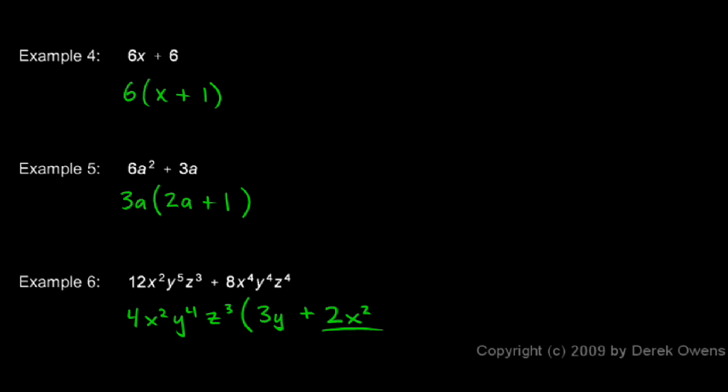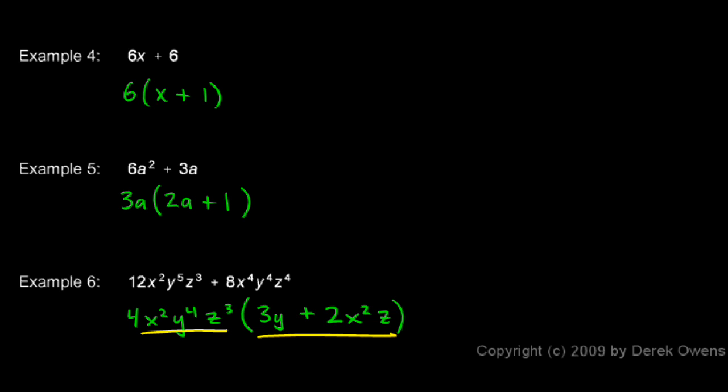Multiplying by 1 won't change that factor. And then the z cubed right here. Z cubed times what gives me z to the 4th? Well, z cubed times z. And I'm done. If I take this and multiply it by that, in other words, if I distribute, when I